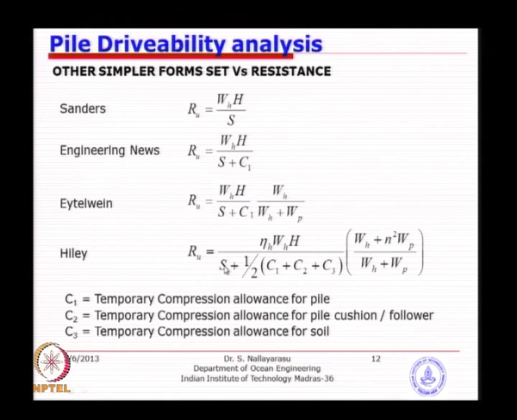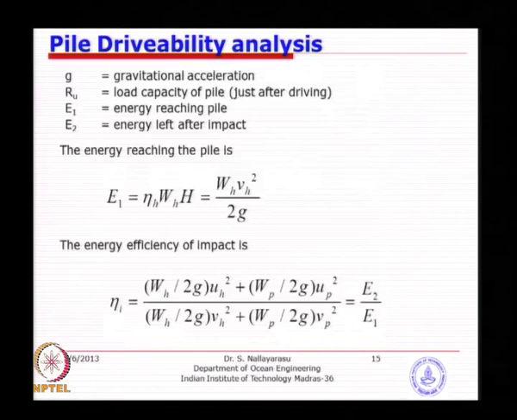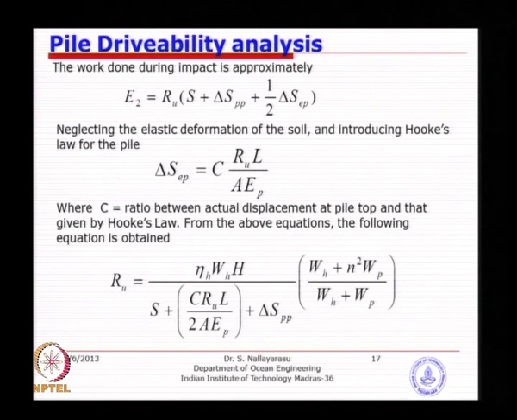You have this total compression and the elastic and plastic compression of the pile. It is very similar, the only thing is we are just trying to get that form, multiplied by eta I, which we just derived based on the coefficient of restitution. So, this is the resistance offered by the soil if the hammer parameters are like this. So, forward or backward calculations can be made if you know all these parameters of hammer and pile head, pile restitution and efficiency, and the set value that you want.